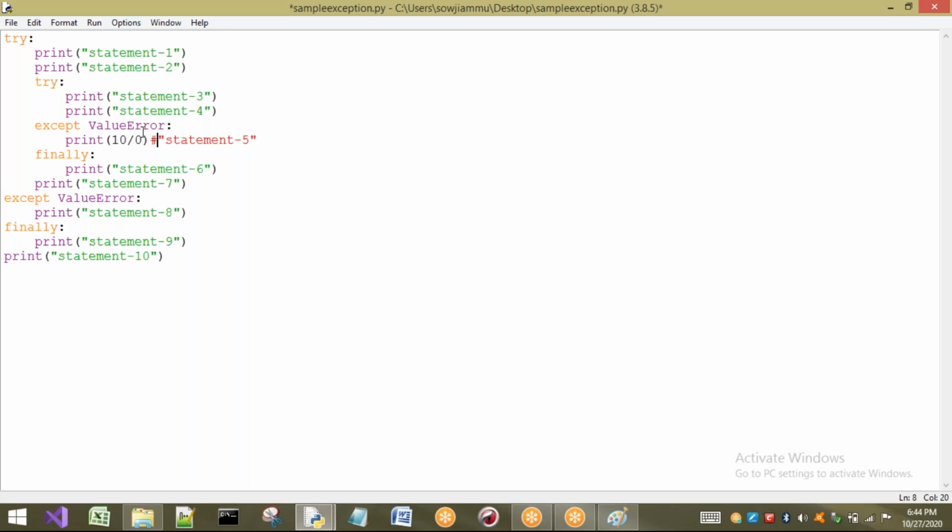Now observe. Now I will show you how the flow is going to be executed. So statement 1 executed, statement 2 is going to execute, next statement 3 no problem, statement 4 no problem. Will we go to the except block or not? I am not going. I will go to this except block only if there is an exception inside this try. So there is no problem. The exception is not going to be raised here. So statement 6, statement 7, are we going to this except block? No. Next, finally, and this one.